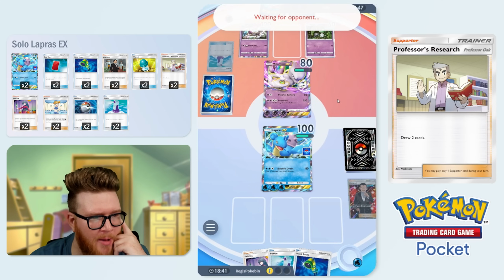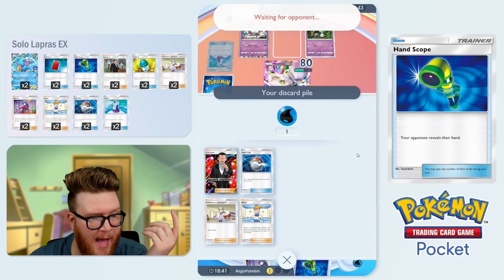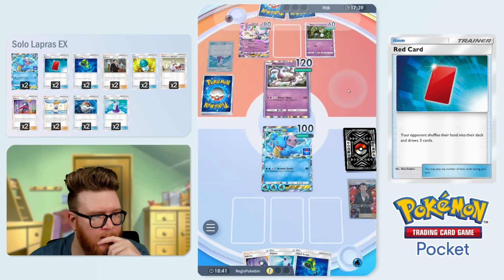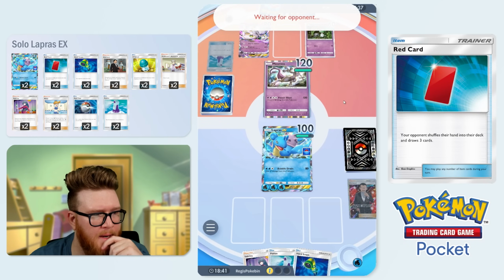It's kind of a problem for me too, though, because this can go to 40, finish the Lapras. I don't have the Articuno up, so I've got a bit of a problem there. I mean, I guess